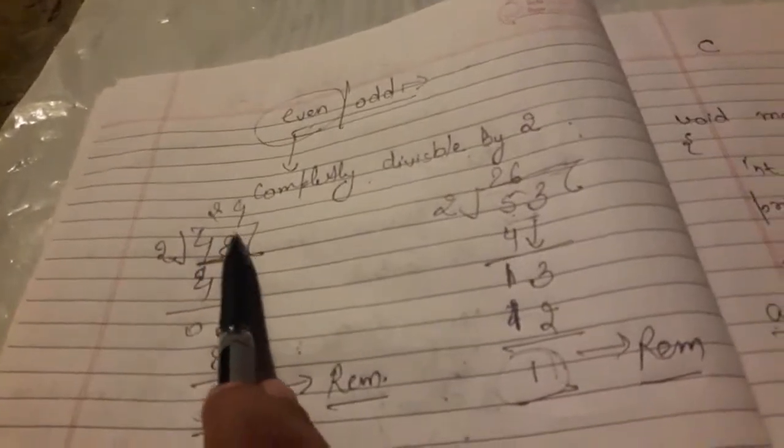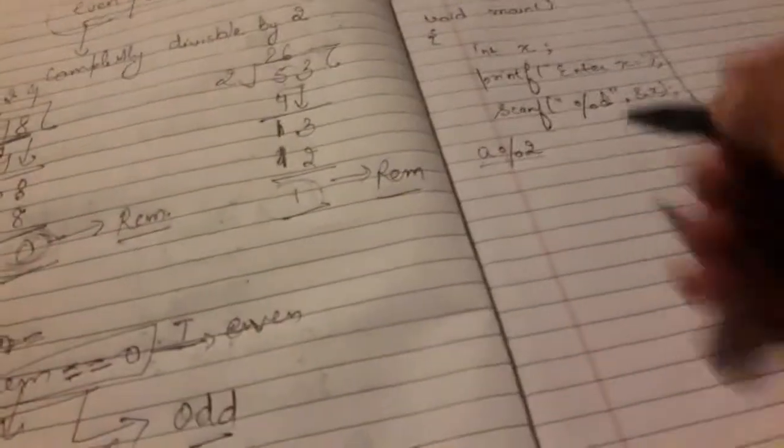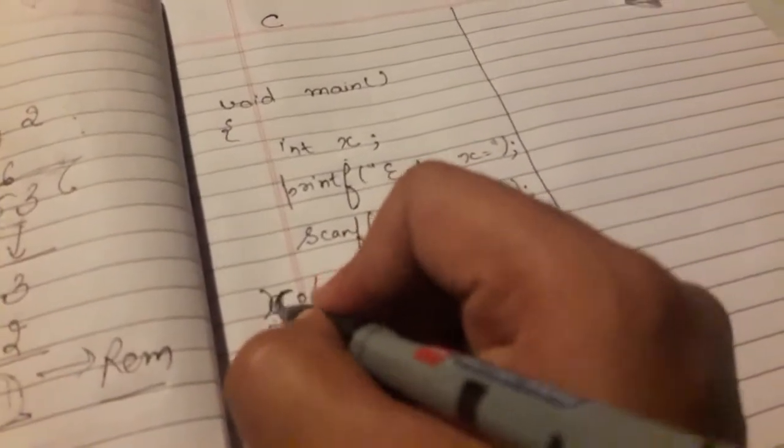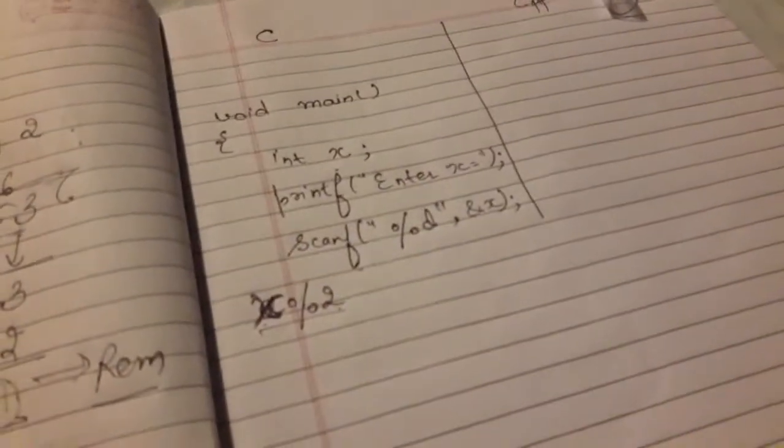If we divide a with 2, this gives us the remainder. Here I have x, sorry, I wrote the wrong variable name. If we divide the x with 2,